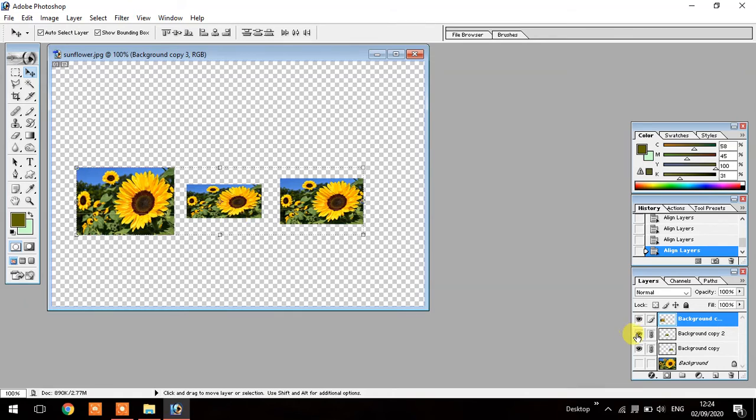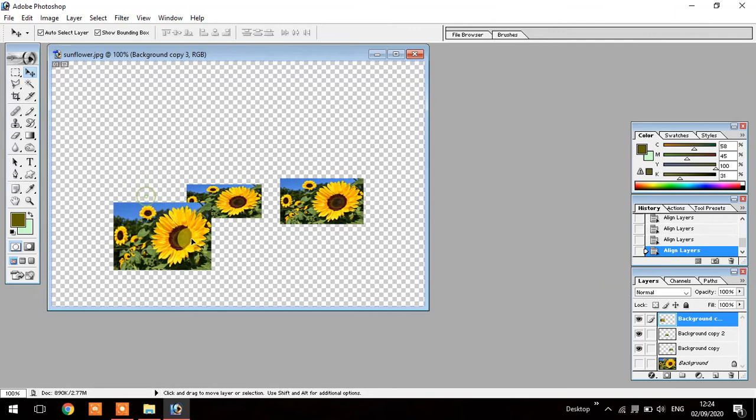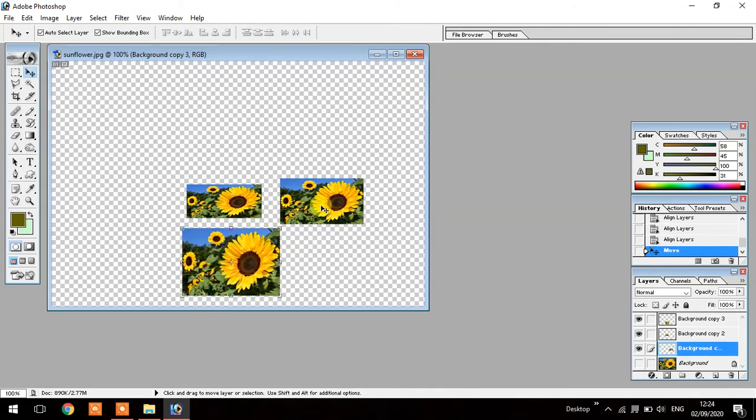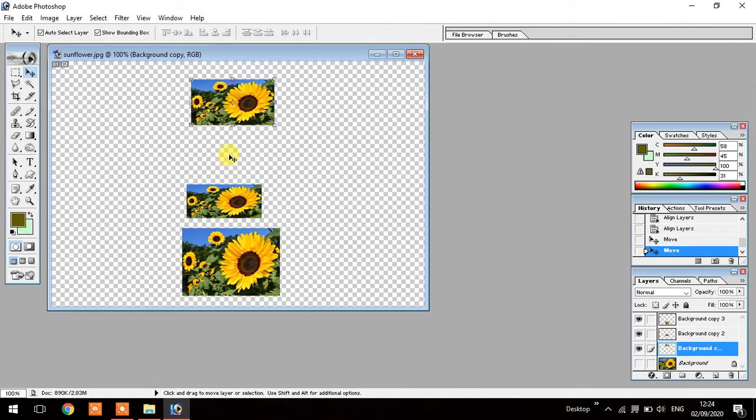Understand? Now I am going to ungroup all the objects and align top and bottom, that is called vertical align. And again I am going to make the groups. Okay, make it in one group.